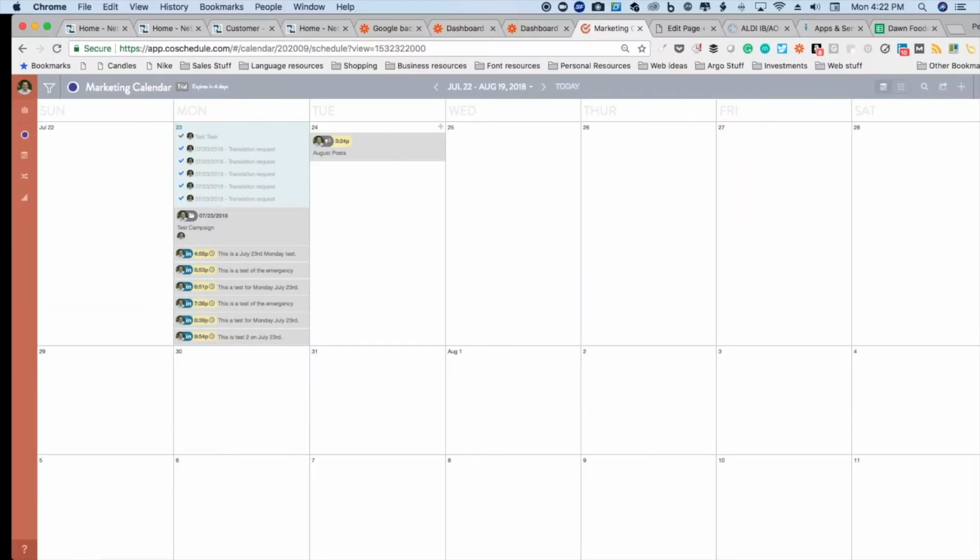Quick demonstration of how you can create a social message in CoSchedule and then have it automatically move to Google Sheets so that someone can translate the social messages for you and not have access to CoSchedule, and then have them write the translations right back to a task, so then you as the user in CoSchedule can use those translations without granting access to someone